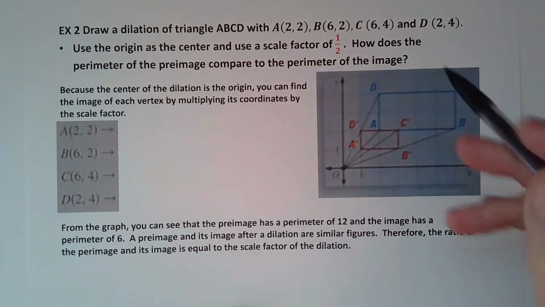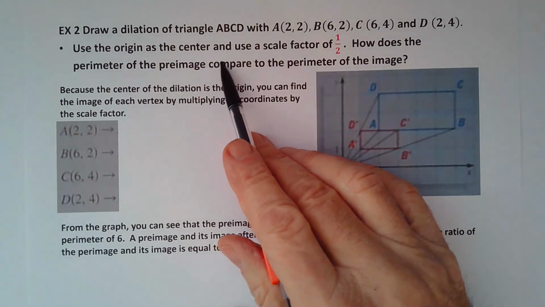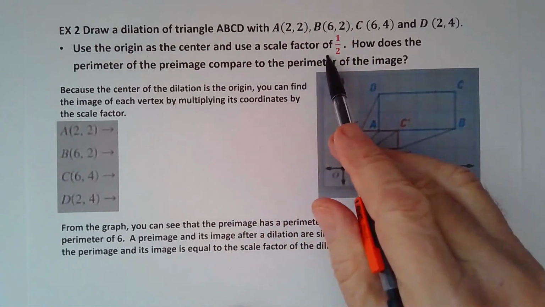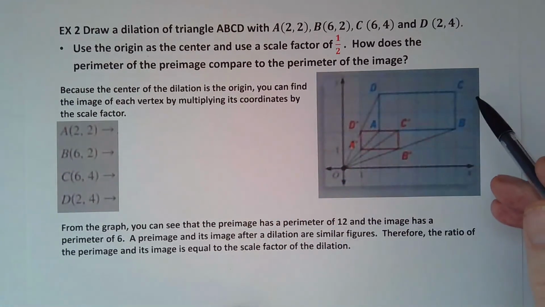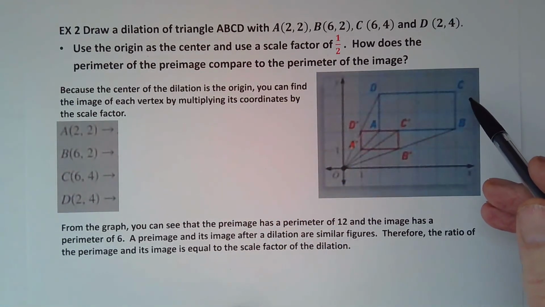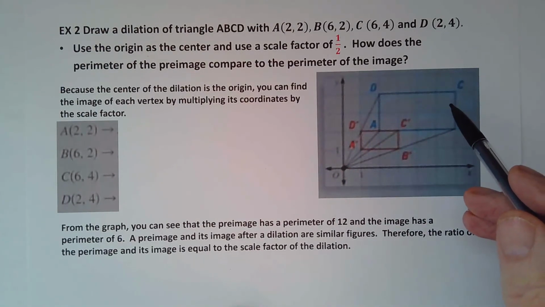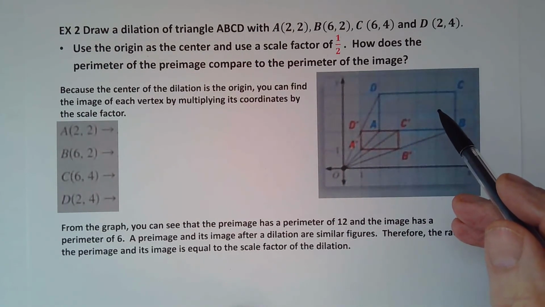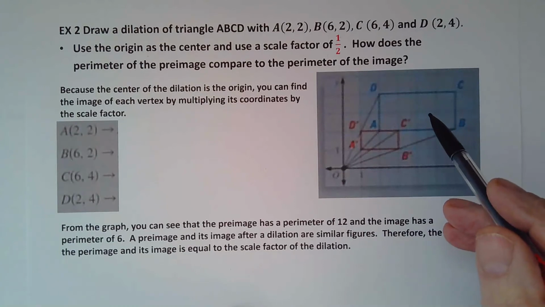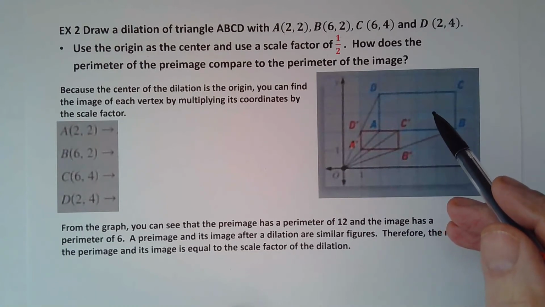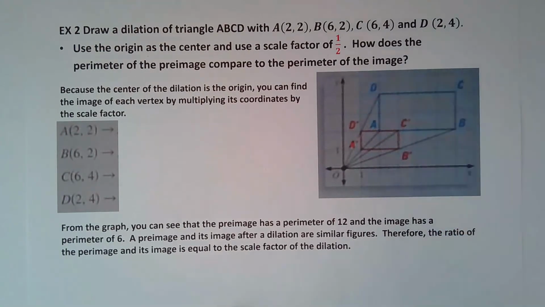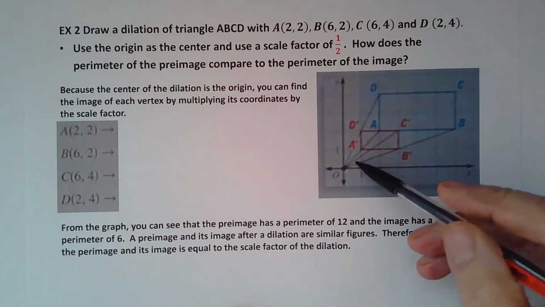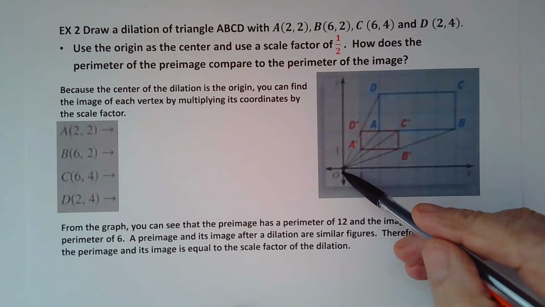Okay? So use the origin as the center and use a scale factor of 1 over 2. So how does the perimeter of the pre-image compare to the perimeter of the image? That's the question. Okay. So if we look at this and we're going from A